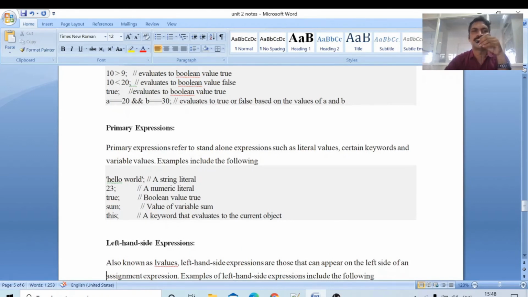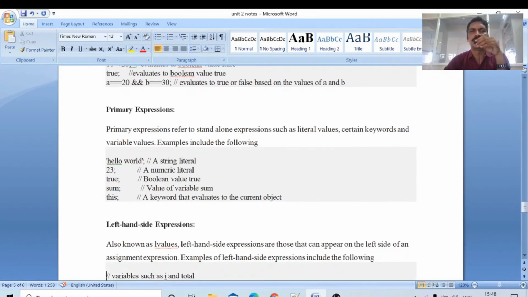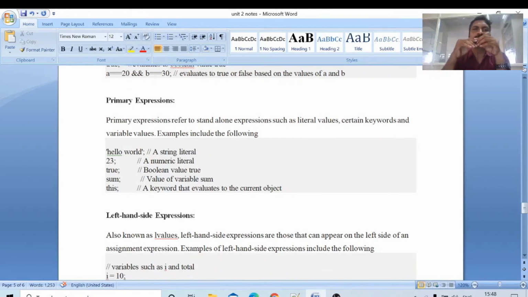Next, primary expressions. Primary expressions refer to a standalone expression such as literal values, certain keywords and variable values. Examples include the following: hello world, 23, true, sum. Next, left hand side expressions, also known as L values.